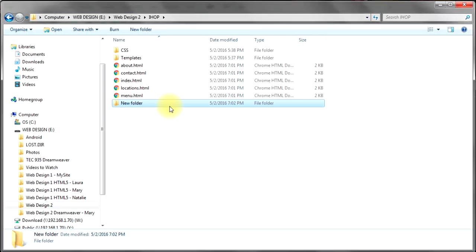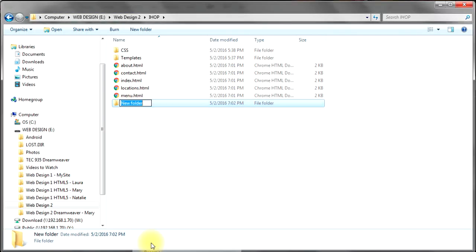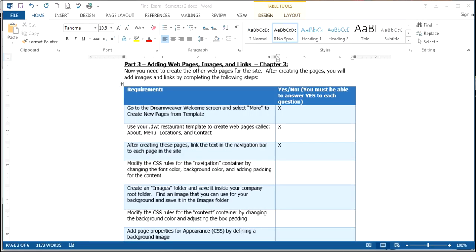All of the images that you save are going to be saved in this images folder, which is in your restaurant folder. Okay, so start saving pictures at this point,